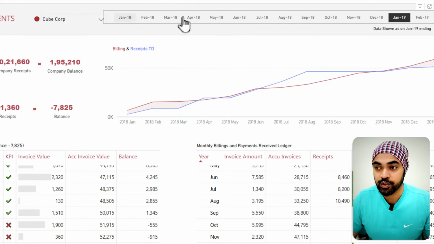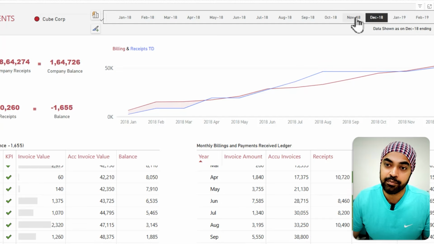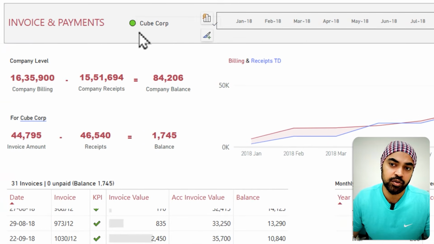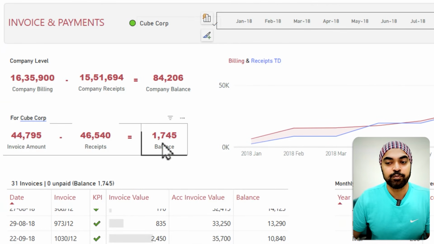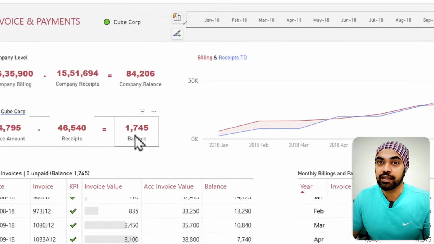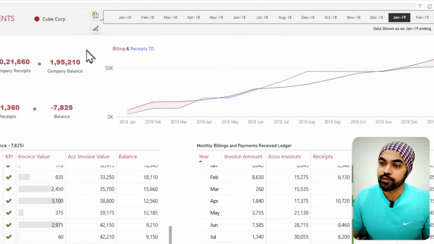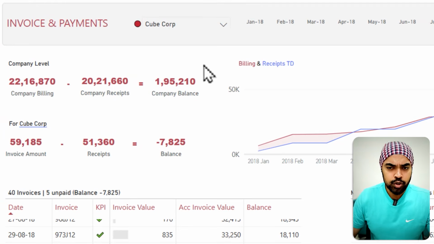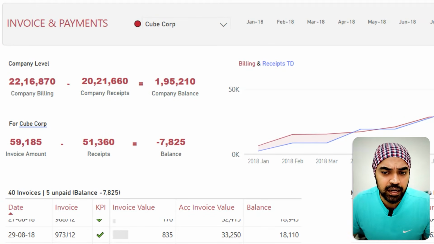If you change that, so for example, if I go to the month of December or November, at some point in time this is going to turn green, and you can see that we have a positive balance of the customer. That means we have received more money from the customer than he owes us. So if I go back to the month of Jan and take a look at the rest of the dashboard, you're also going to see that along with the very metrics of that customer, the invoice amount, the receipts,